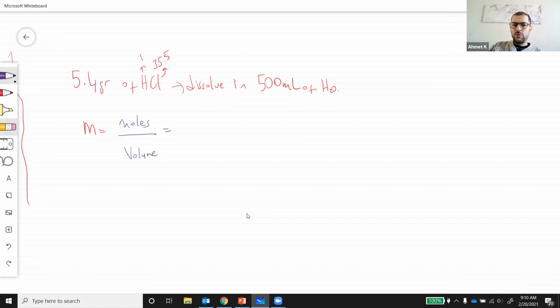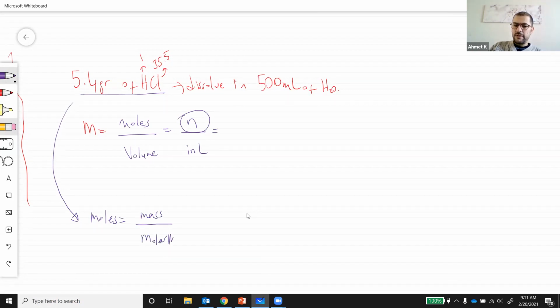And the moles is again moles, and the volume has to be in liters, correct? Okay, so again, first thing first, I need to find the number of moles, because now they are just giving me the mass of this hydrogen chloride. So how can I find it? We learned that the moles is equal to mass over molar mass, right? And the mass is given, which is 5.4